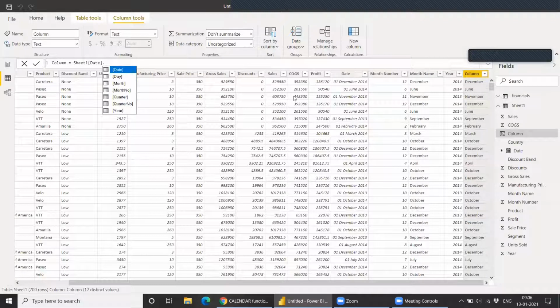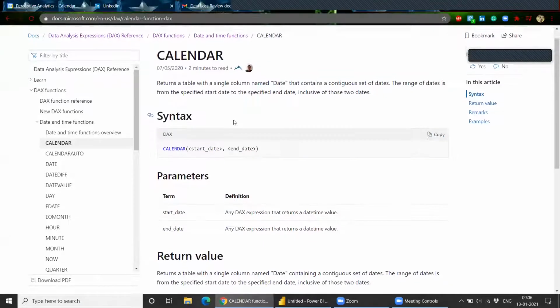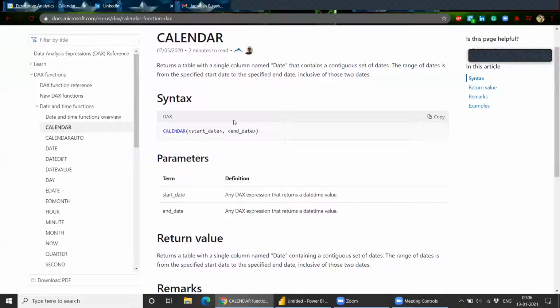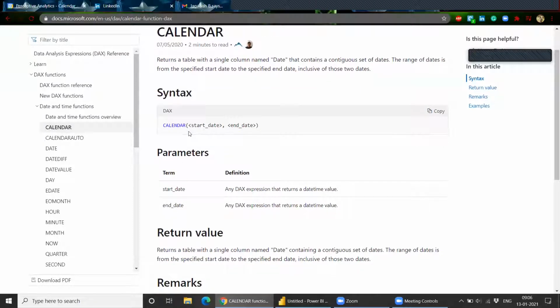So this was the default functions with date, and let's come to the external functions we can use. First is CALENDAR. If you want to create a new table that has all the dates you want, you can create a table using this DAX formula. Just give a name, Calendar, and give a start and end date.